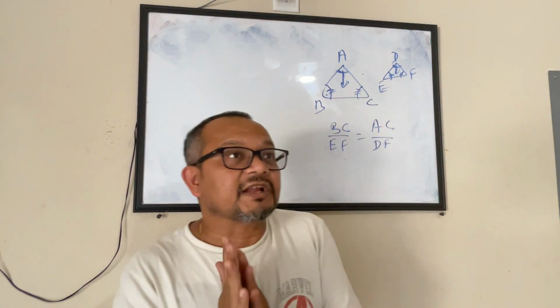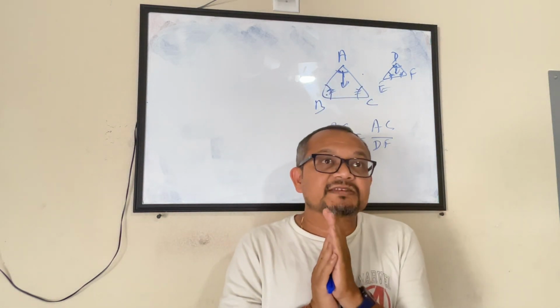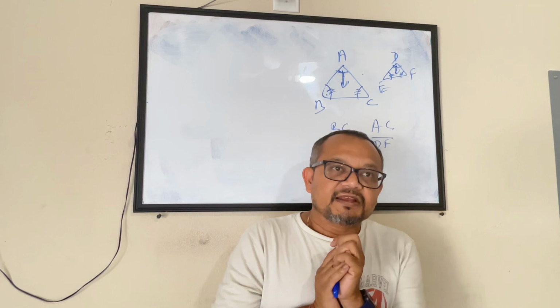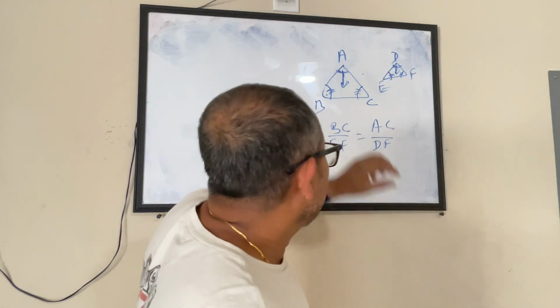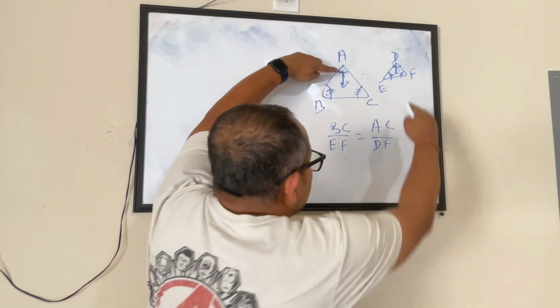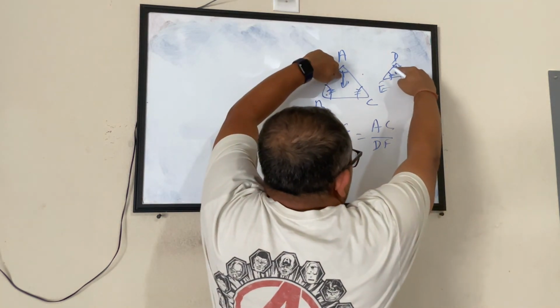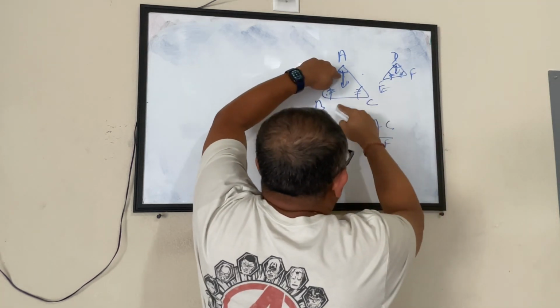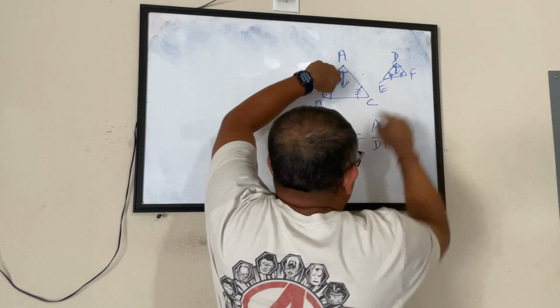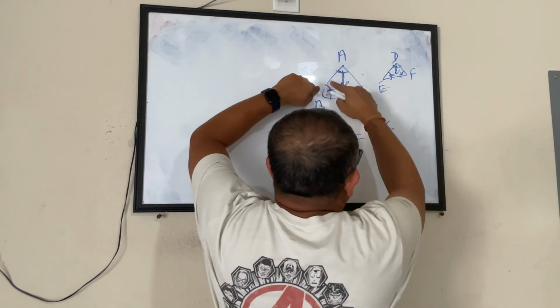So this is more of a property. The only thing you have to keep in mind is, if I say triangle A and triangle B are similar, that means they have matching angles and the ratio of the sides will be equal. Meaning the ratio of the sides opposite these two angles is the same. So this side by this side will be equal to, let's pick the second angle,